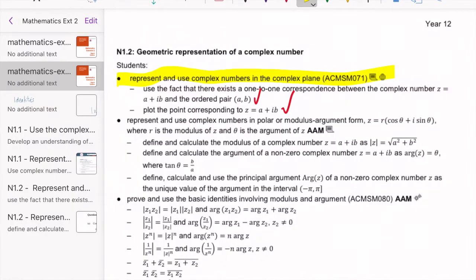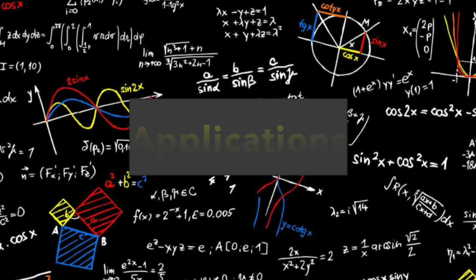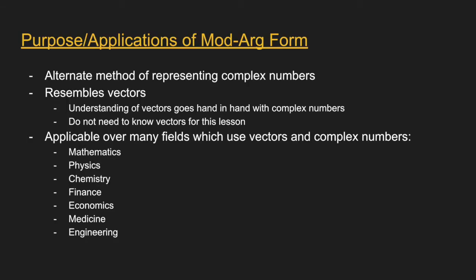Hello there. In this lesson, we continue our investigation of the geometric representation of a complex number. In particular, in this lesson, we will learn how to use the modulus argument, also known as polar form of complex numbers. The modulus argument form of the complex number provides us an alternate method of representation of complex numbers through polar coordinates. The modulus and the argument, which we'll get into later, of complex numbers resembles their magnitude and